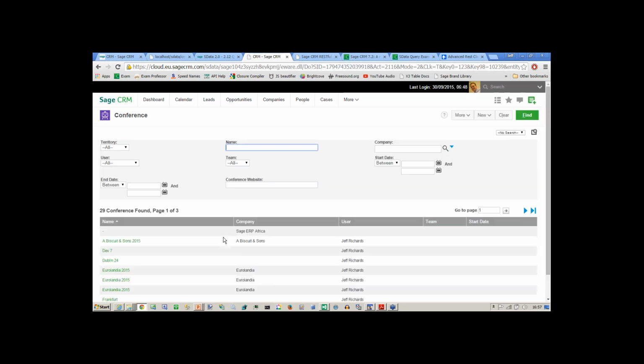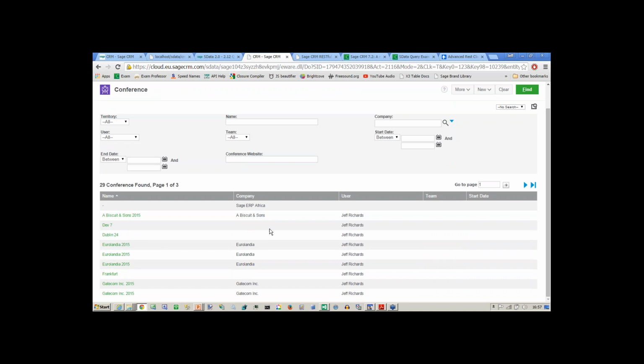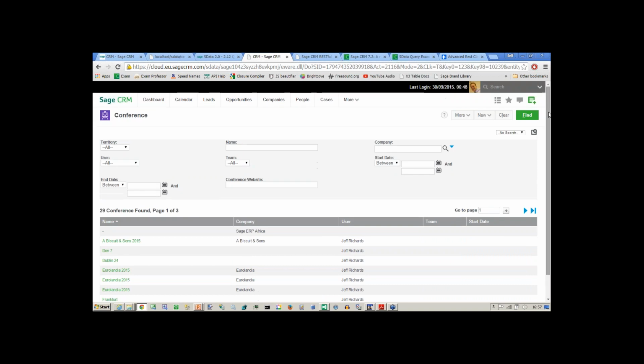Yeah, I've got a few conferences inside the system. So these are all sort of experiments that I've carried out with different companies, and it's probably a good idea when I come to wanting to retrieve a particular conference,